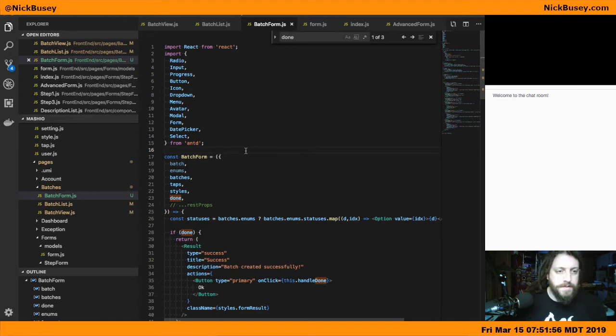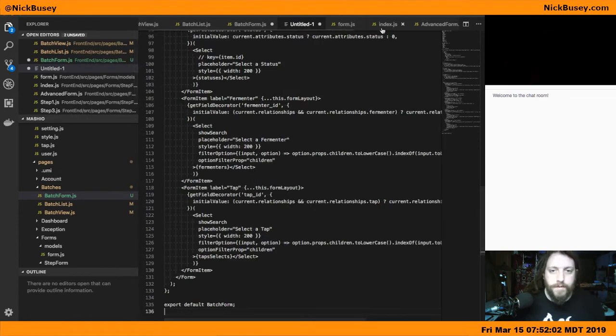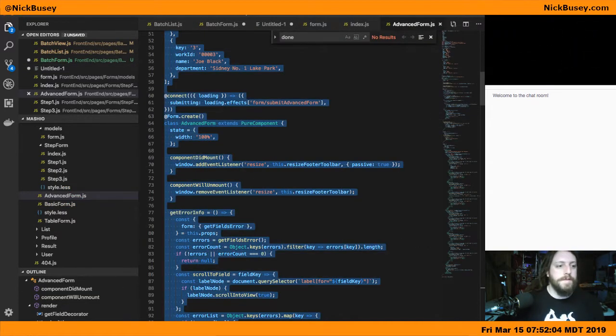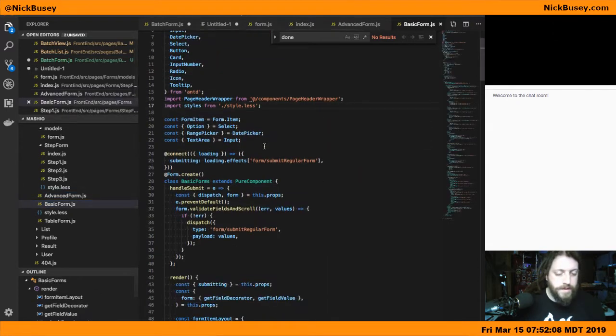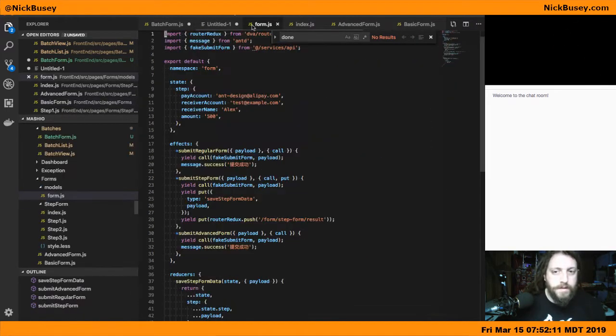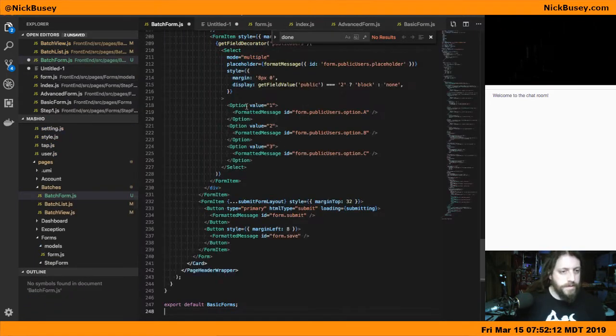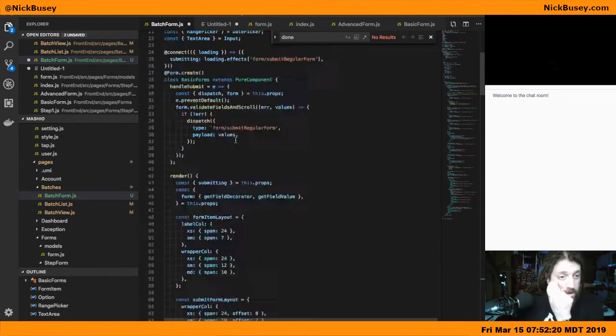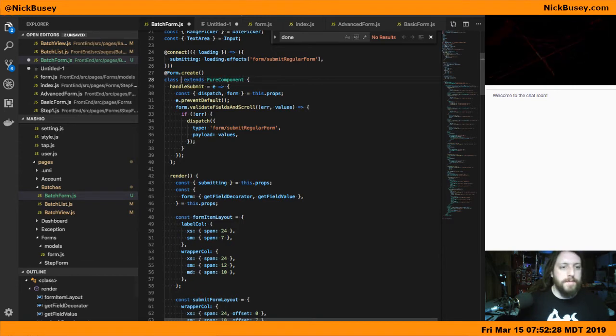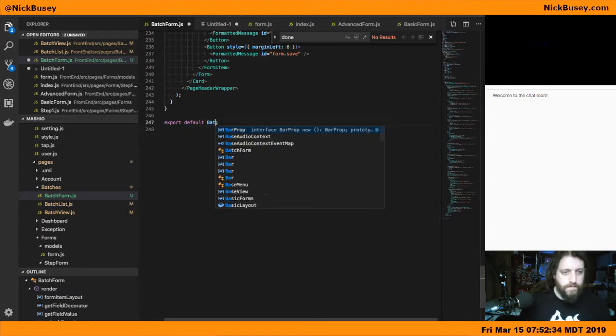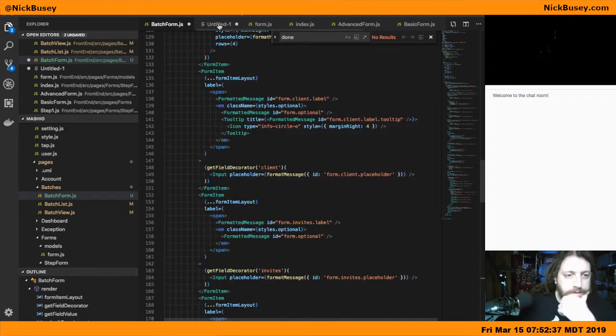I should probably really just start fresh from that and copy in what I need. Okay, I'm going to cut what I've done, put that into a temporary file. I'm going to grab this. I mean, maybe we'll just grab the basic form, because we don't really need anything advanced right now. So we'll put that basic form into here, and I'm not sure why the file was called basic form and this is basic forms. Those little things bother me. Batch form. Okay, so now we should be able to replace this